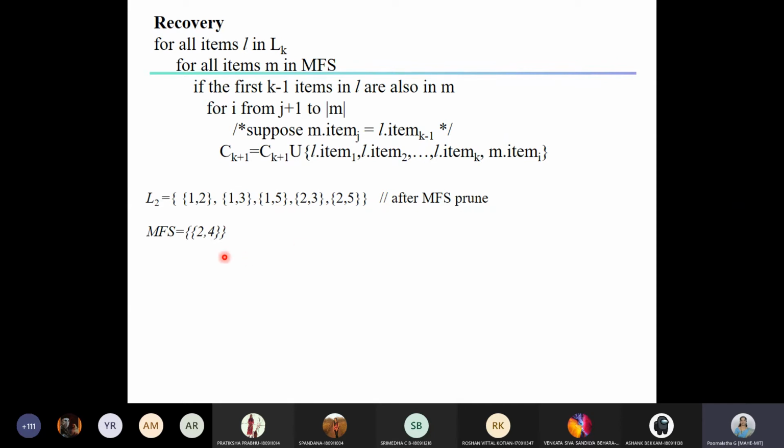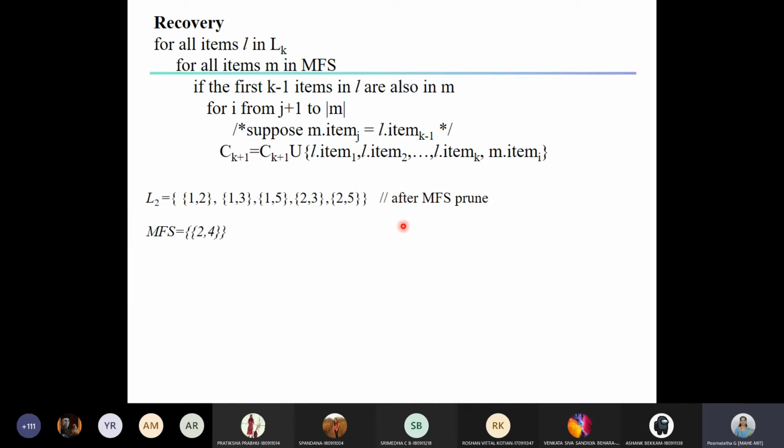Okay. So this is L2 after performing MFS prune. Now if I assume that there is some item set {2, 4} which is there in MFS, yes, because MFS is having {2, 4}, we have removed the {2, 4} from this L2, and that's why I'm telling you this is my L2 after MFS prune. MFS prune, what we are doing?